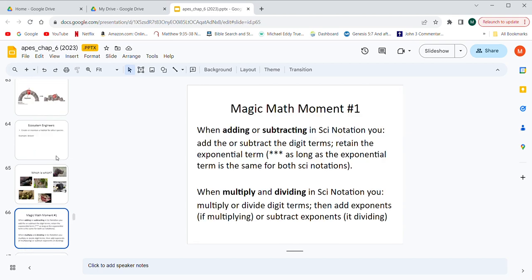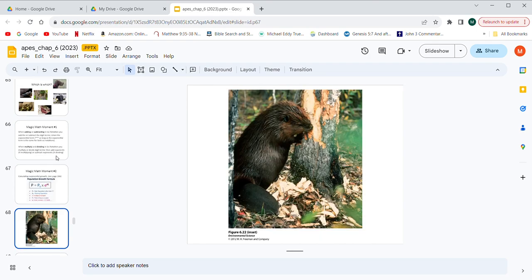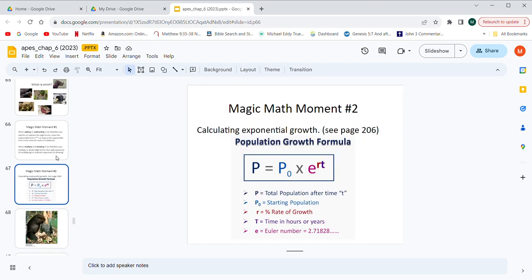We're going to do some of the math a little bit later on. I got some scientific notation as well as that doubling rule that we talked about today in class. And we'll do some math with exponential growth as well. That'll probably be when we get back from break.